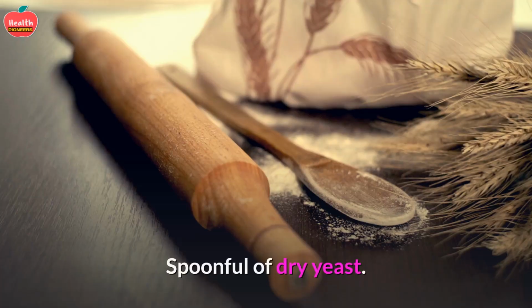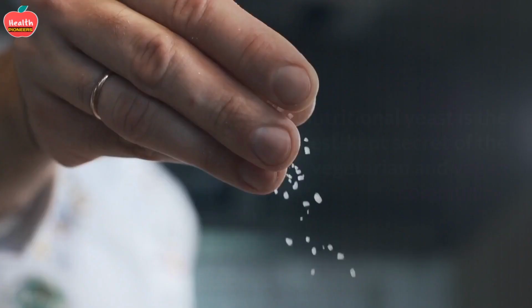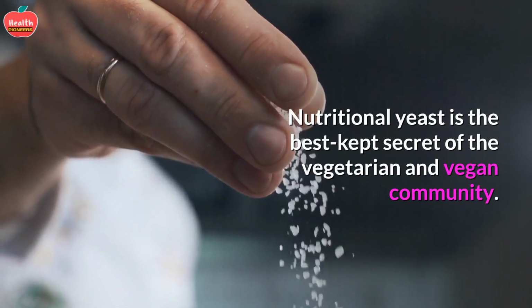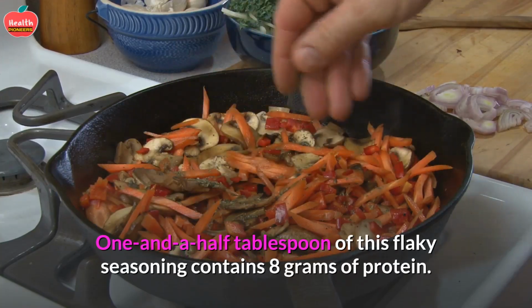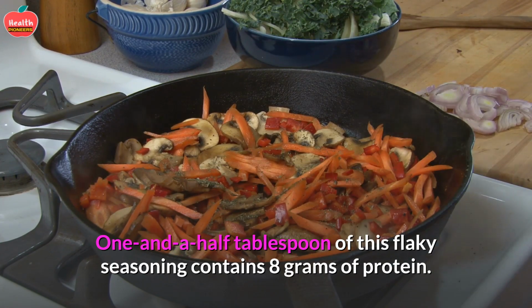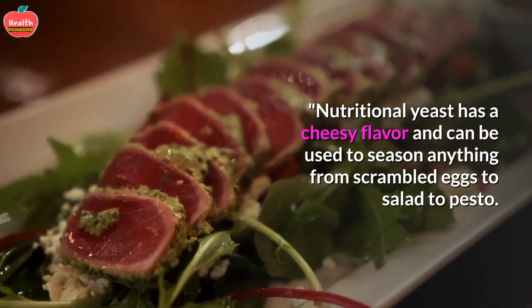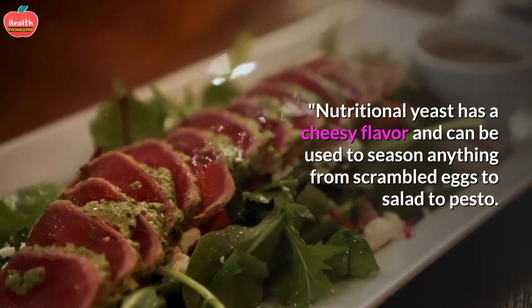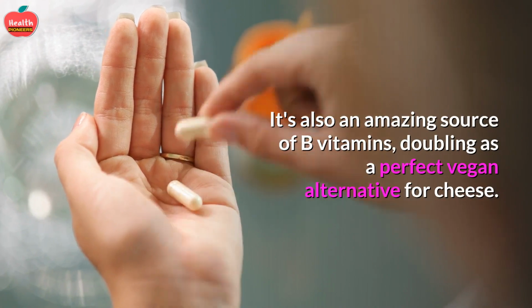Nutritional yeast. Sprinkle on nutritional yeast. Nutritional yeast is the best kept secret of the vegetarian and vegan community. 1.5 tablespoons of this flaky seasoning contains 8 grams of protein. Nutritional yeast has a cheesy flavor and can be used to season anything from scrambled eggs to salad to pesto. It's also an amazing source of B vitamins, doubling as a perfect vegan